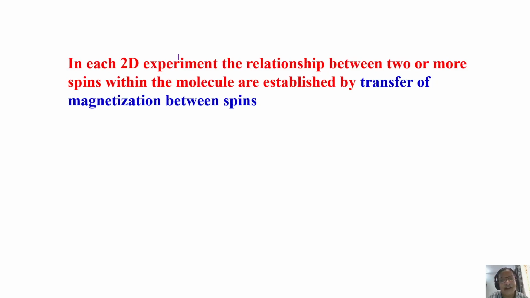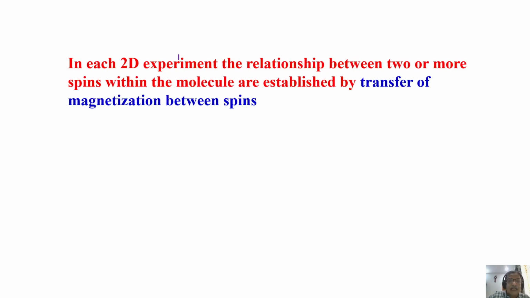Every time you cannot represent it by a vector diagram, which we did simply for APT and INEPT. We have to adopt a higher level of mathematics called product operators, which is not going to be discussed here because it is an advanced topic by itself, and I do not want to frighten you by going into too much mathematics. This course is aimed at showing you the utility of 2D NMR and giving a conceptual understanding of many of the 1D and 2D NMR concepts, experiments and their utility. So I do not want to discuss those things, but I told you how we can design the pulse sequence.